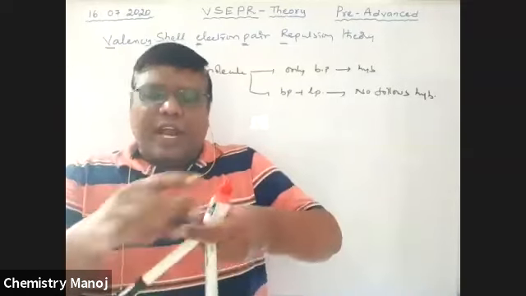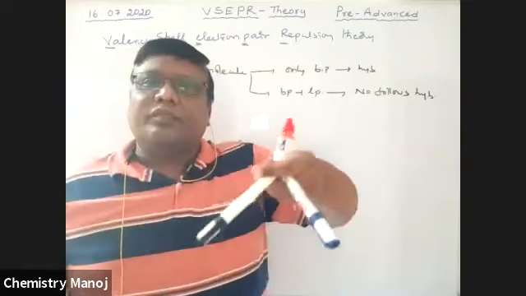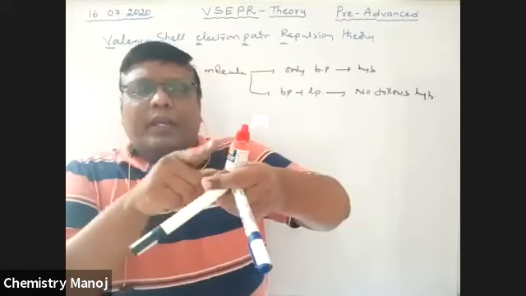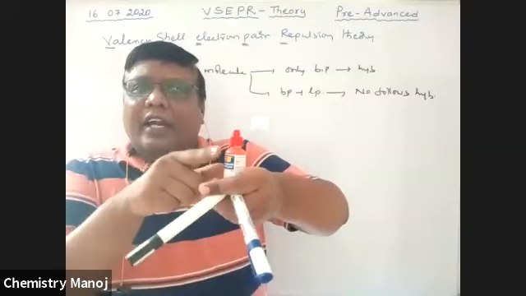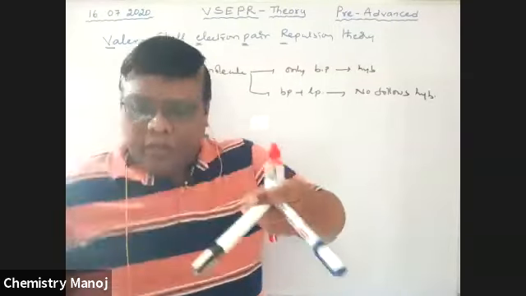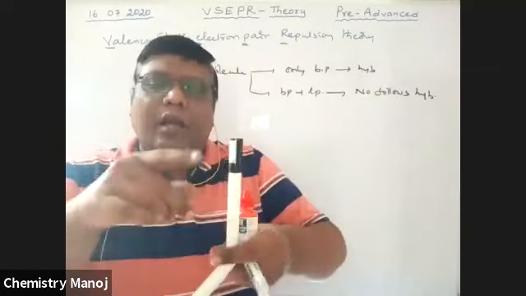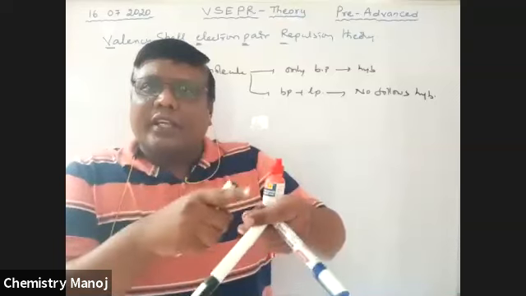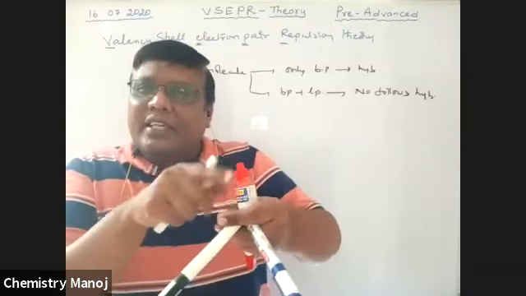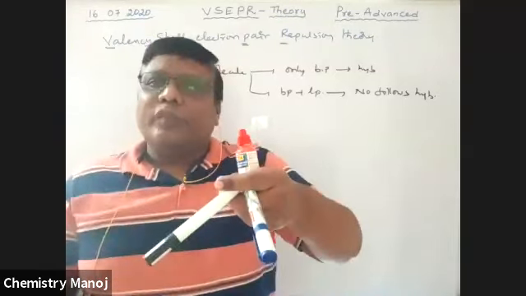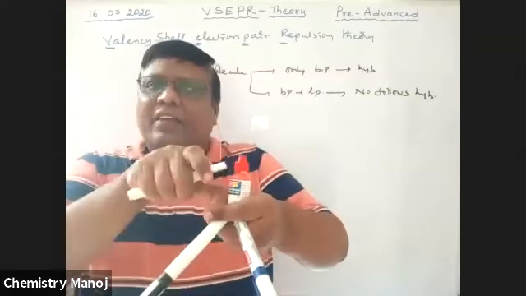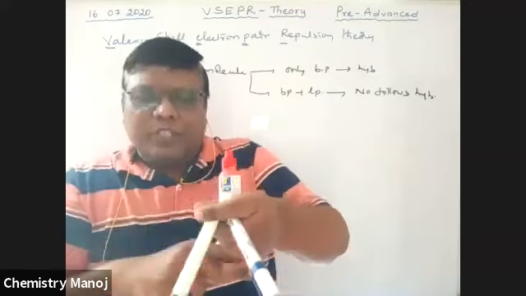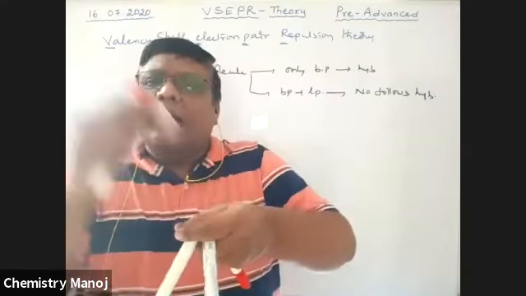So actually these are the conditions. This is a lone pair. Here are a lone pair and a bond pair. Identify the distance between the lone pair and the bond pair. In the previous case, the distance is more, but now the distance is less, so more repulsions are there. That means this lone pair is a heavier one. That is why it pushes this bond pair like this, pushes everywhere.